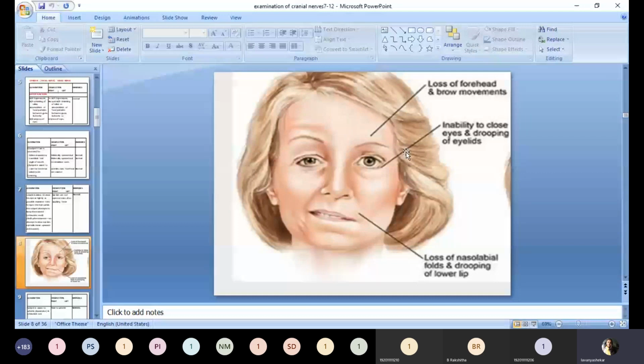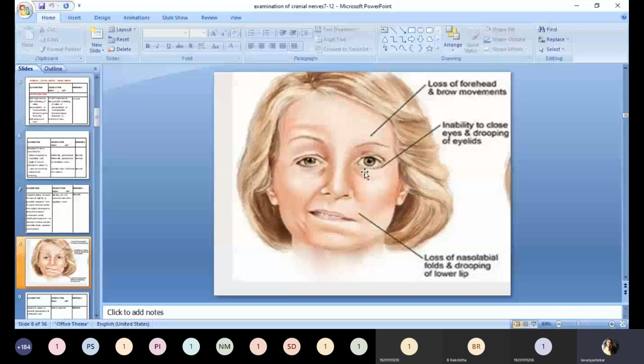See here, you can see a case of facial palsy. You can see the asymmetry in the face. Here you can observe that the eyebrows are not in the same line. There is asymmetry, and you can also see the disappearance of the nasolabial fold, and the angle of the mouth is deviated. Also you can see the drooping of the eyeball. The eyeball is rolling upwards, and the individual will not be able to close his eyes. This condition is termed Bell's phenomenon.